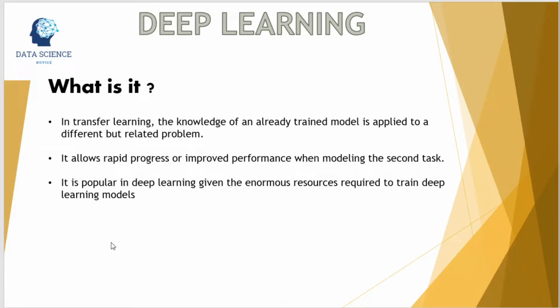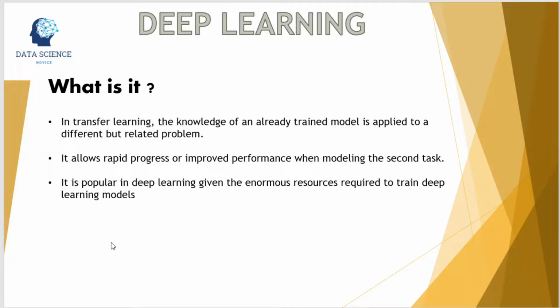So what is transfer learning? In transfer learning, the knowledge of an already trained machine learning model is applied to a different but related problem. And here knowledge means the trained weights of the model. For example, if you train a simple classifier to predict whether an image has a cat or dog, we could use the knowledge of that model gained during its training to recognize other animals. The general idea is to use the knowledge a model has learned from a task with lots of available labeled training data in a new task that does not have much data.